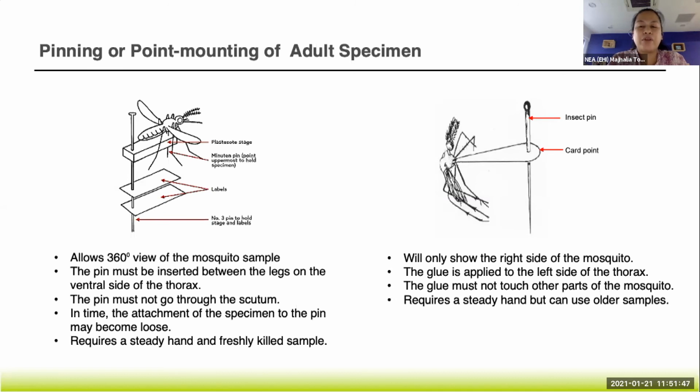collection for curation. Whereas if you have samples, let's say from traps, that are good enough for pinning, then you can use your card points, because they may have been dead by the time you collected them, but they are still pristine and good enough for you to see the taxonomic characteristics and display them. So, the thing about card pointing is that